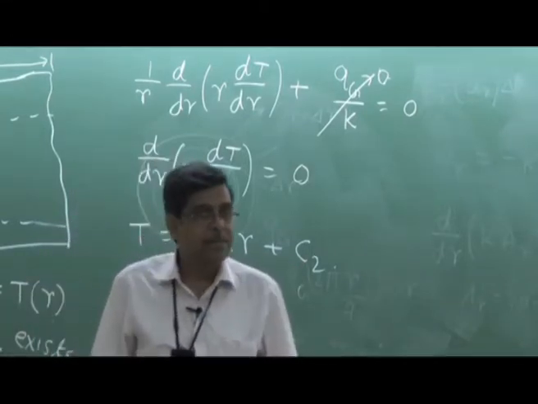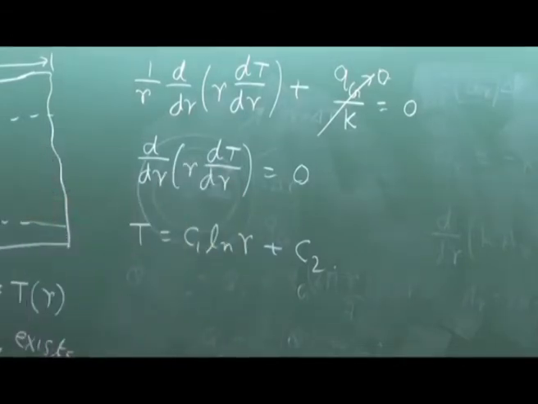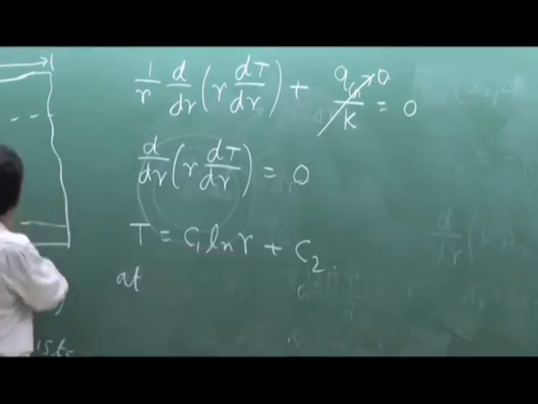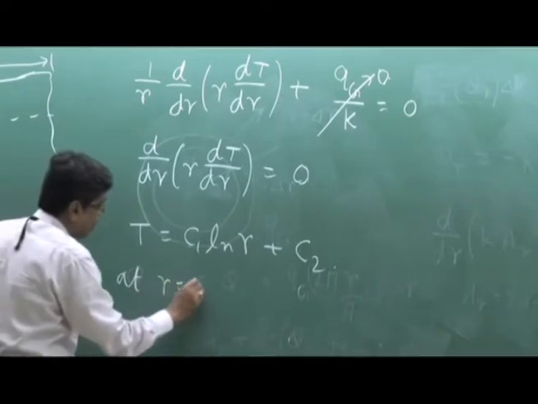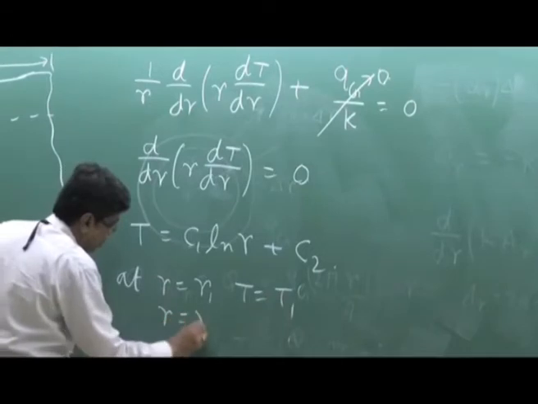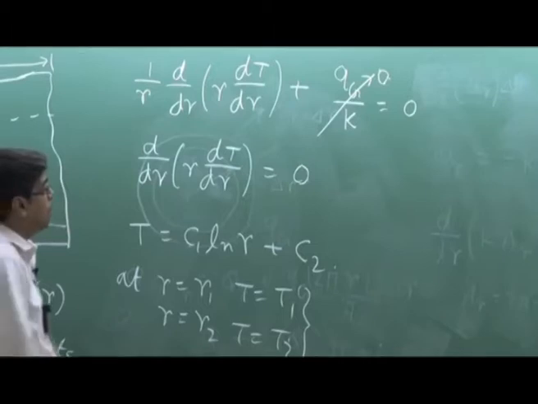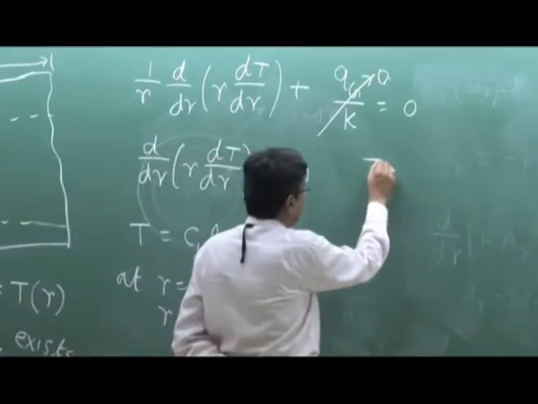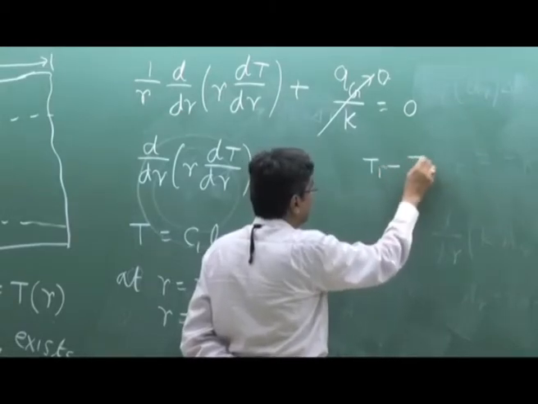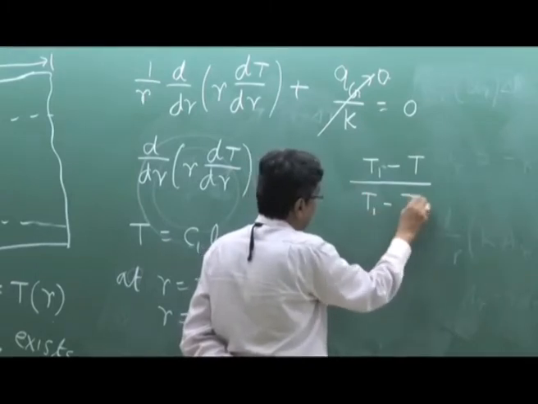What are the boundary conditions? There are two constants, so two boundary conditions are also given in the problem. At r equals r1, T equals T1. At r equals r2, T equals T2. And if you use these two boundary conditions, you get a temperature distribution profile, T1 minus T divided by T1 minus T2,